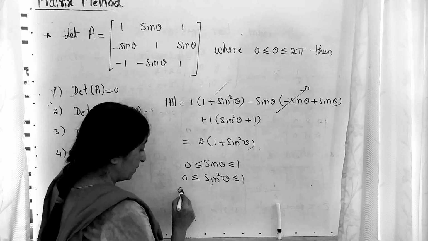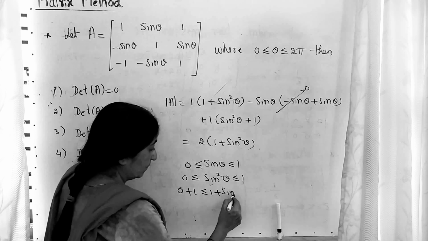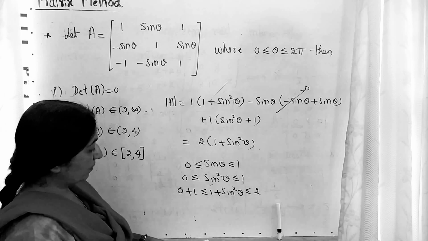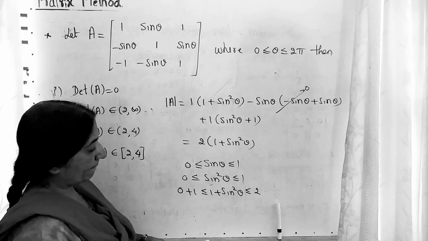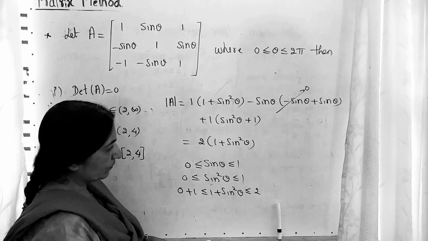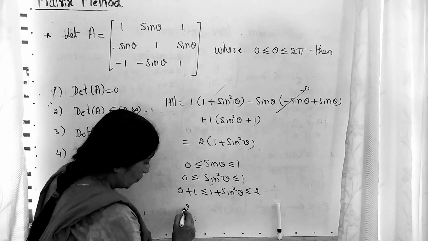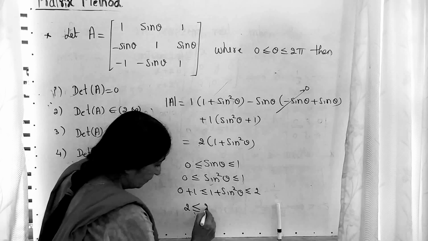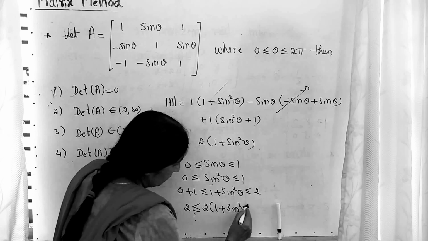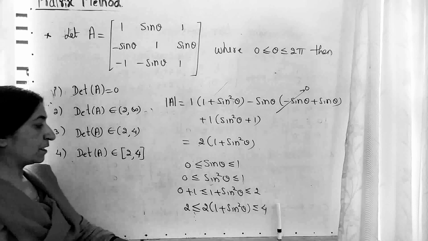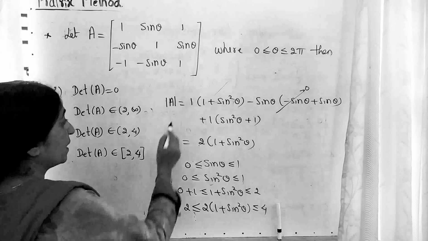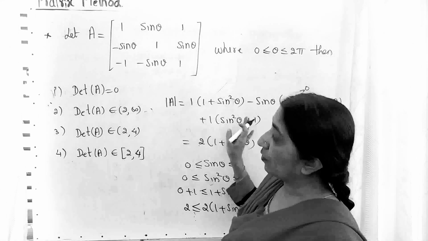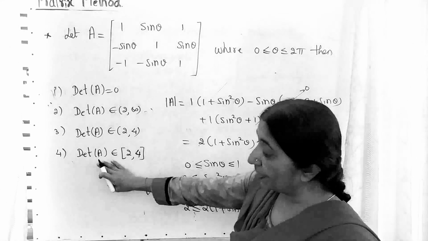Yes. Next. One plus sine square theta, but we want here 2 into 1 plus sine square theta, so multiply each side by 2. See, that means it is lying in the closed interval 2 to 4. By seeing only, if you are thorough and know the basic things, directly you can mark. If the determinant is not equal to 0, without thinking anything, directly we can mark the fourth one.